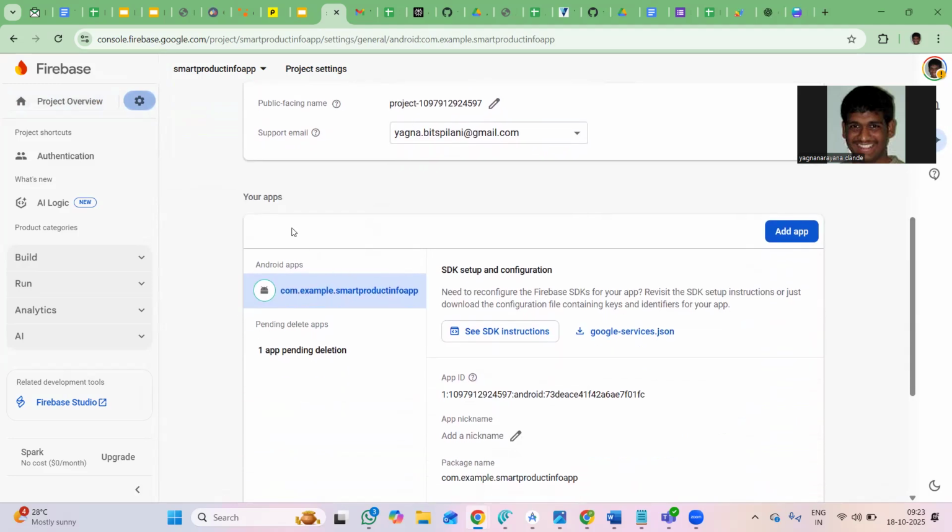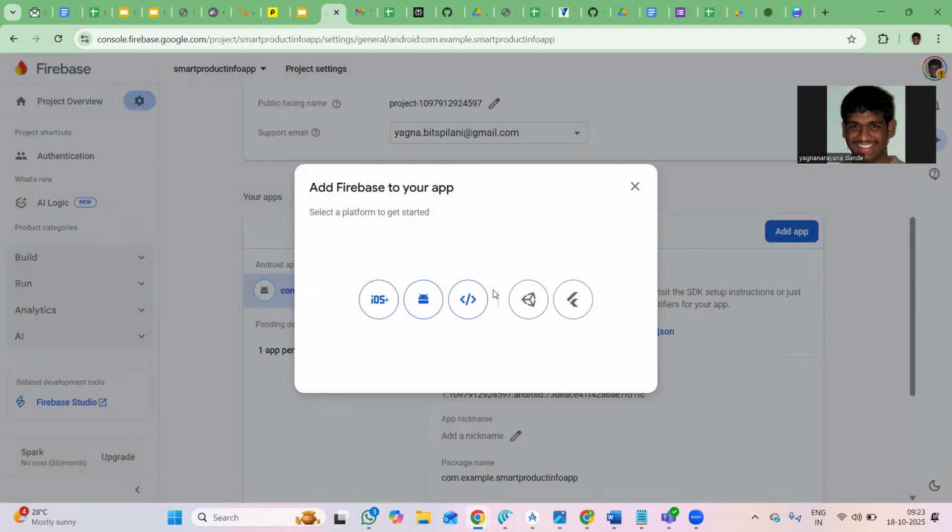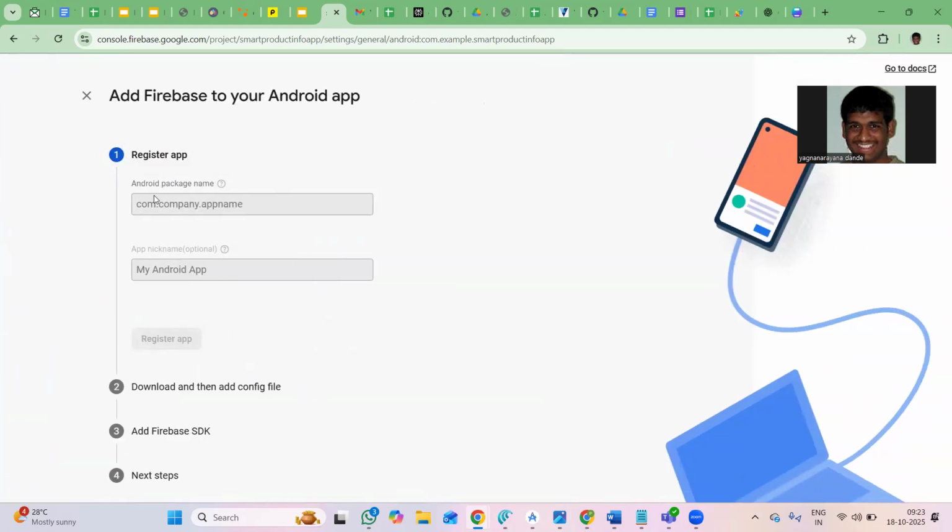And you can add an app. So when you add an app, it will ask what kind of app you need to add. What kind of app are we developing now? Android. And this is the symbol, right? So I click on that. So it will ask my